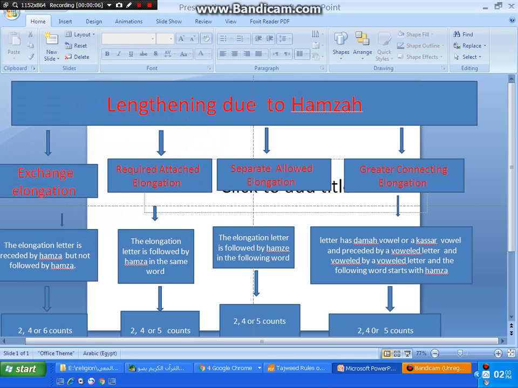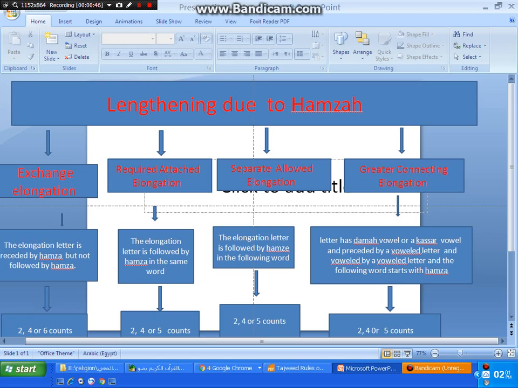My dear brothers and sisters, today we are going to continue our discussion concerning lengthening or elongation. We said that elongation is divided into two main kinds: natural elongation and secondary elongation. Secondary elongation is subdivided into three kinds. First of all, elongation due to Hamzah, then elongation due to sukun. So today let's start with elongation due to Hamzah, which is also subdivided into four main kinds: